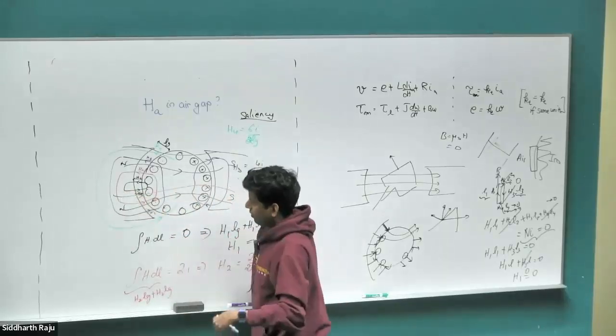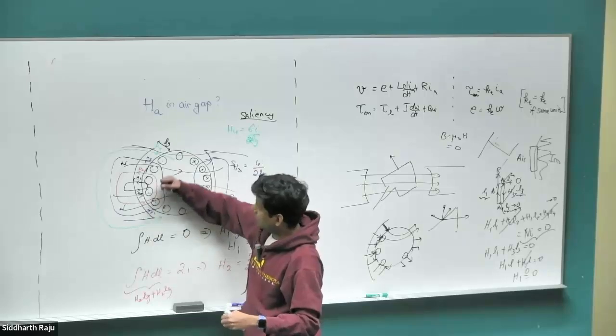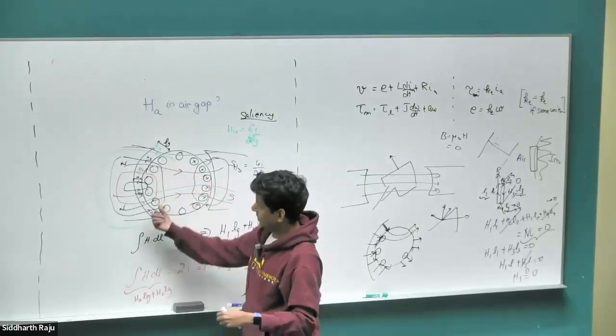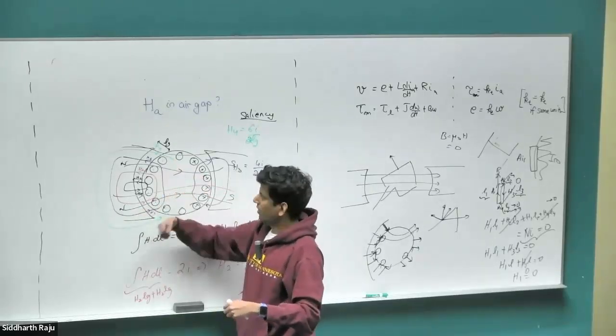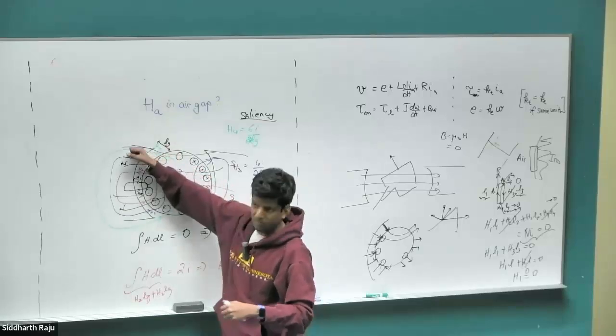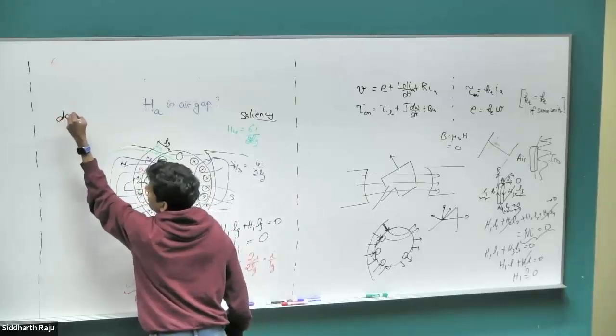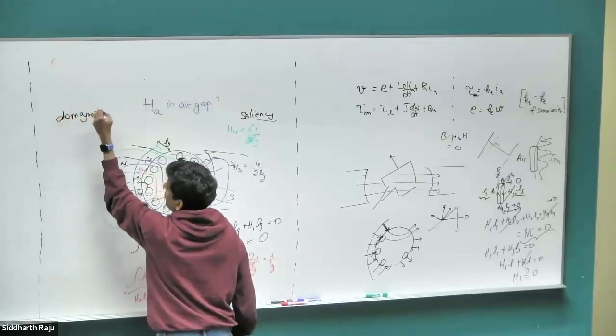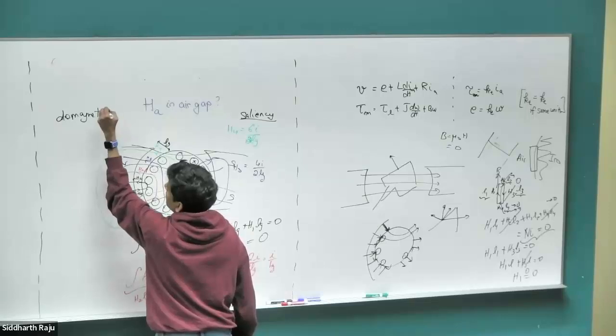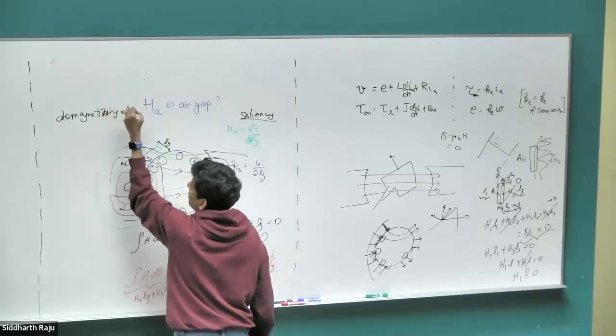So for one half of the pole phase, the magnetic field due to the armature currents is strengthening the magnetic field. In the other half of the pole phase, it's weakening the magnetic field. This effect is called demagnetizing effect,